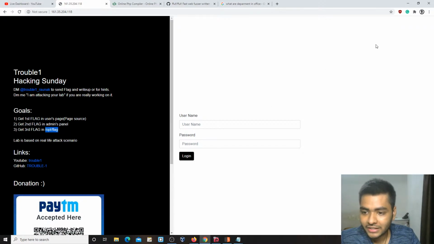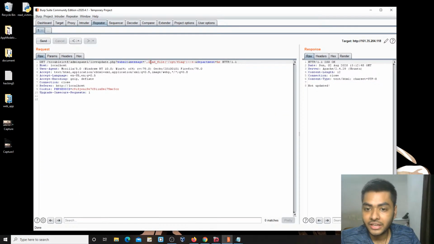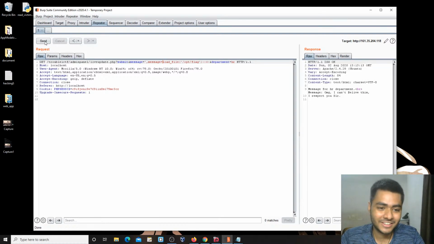Yeah, it's the OPT flag. Okay. Sorry, I forgot it. I forgot to give this message. Yeah, now it's working. So this was the flag for the last, and there was no one who was able to get this part